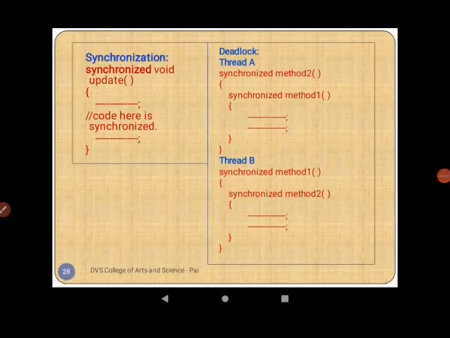For example, assume that thread A must access method 1 before it can release method 2, but thread B cannot release method 1 until it gets hold of method 2. Because these are mutually exclusive conditions, a deadlock occurs.